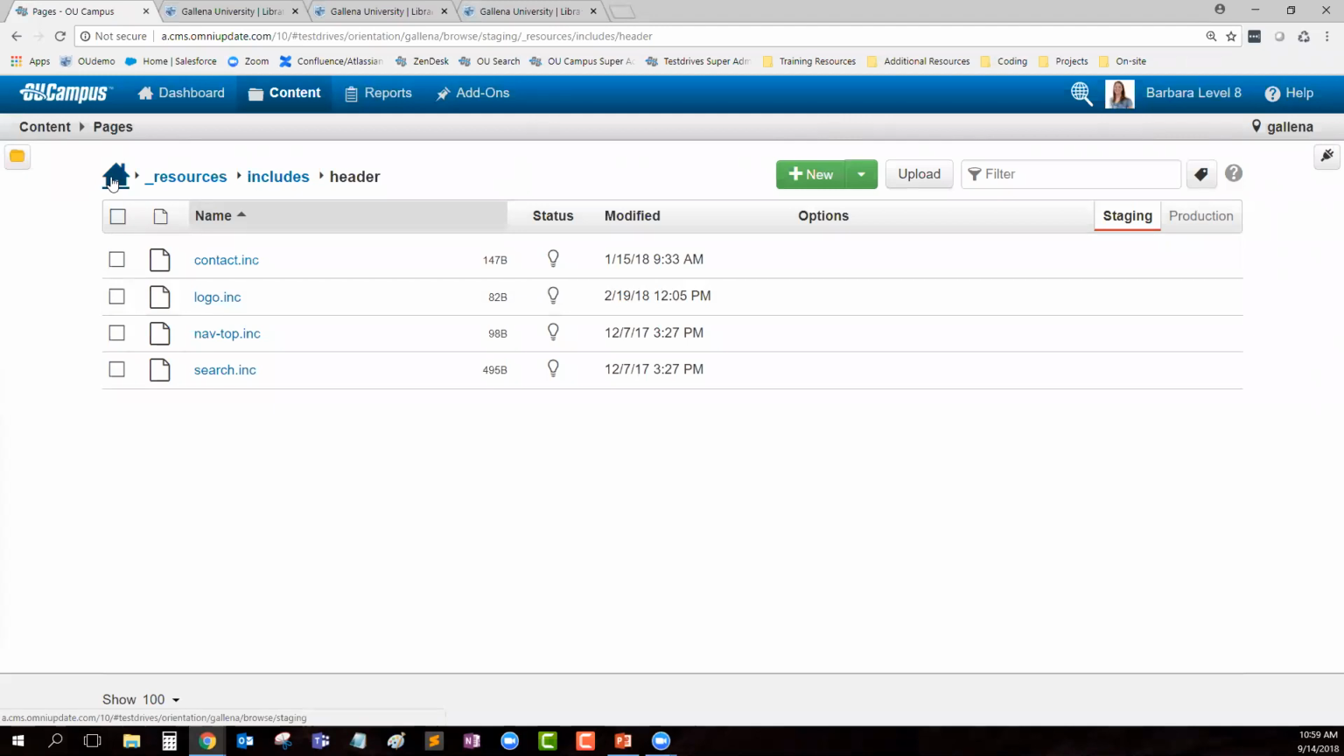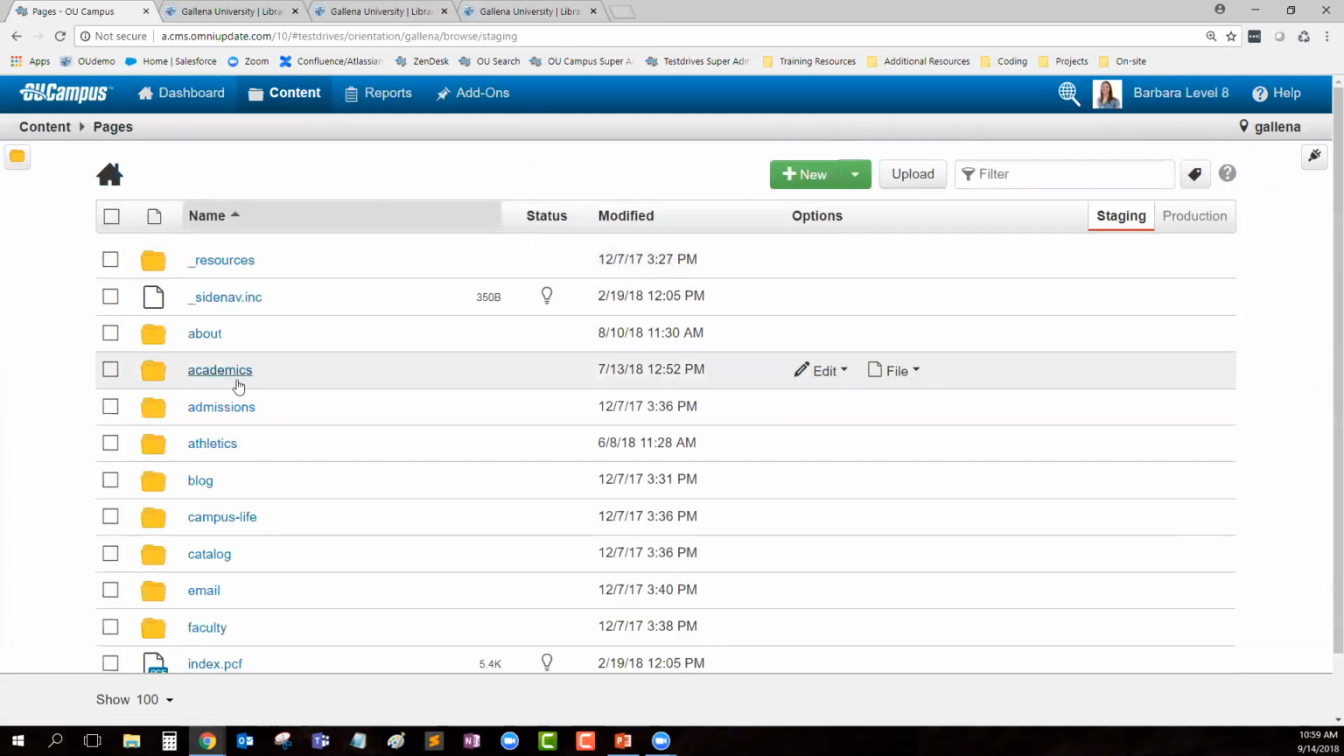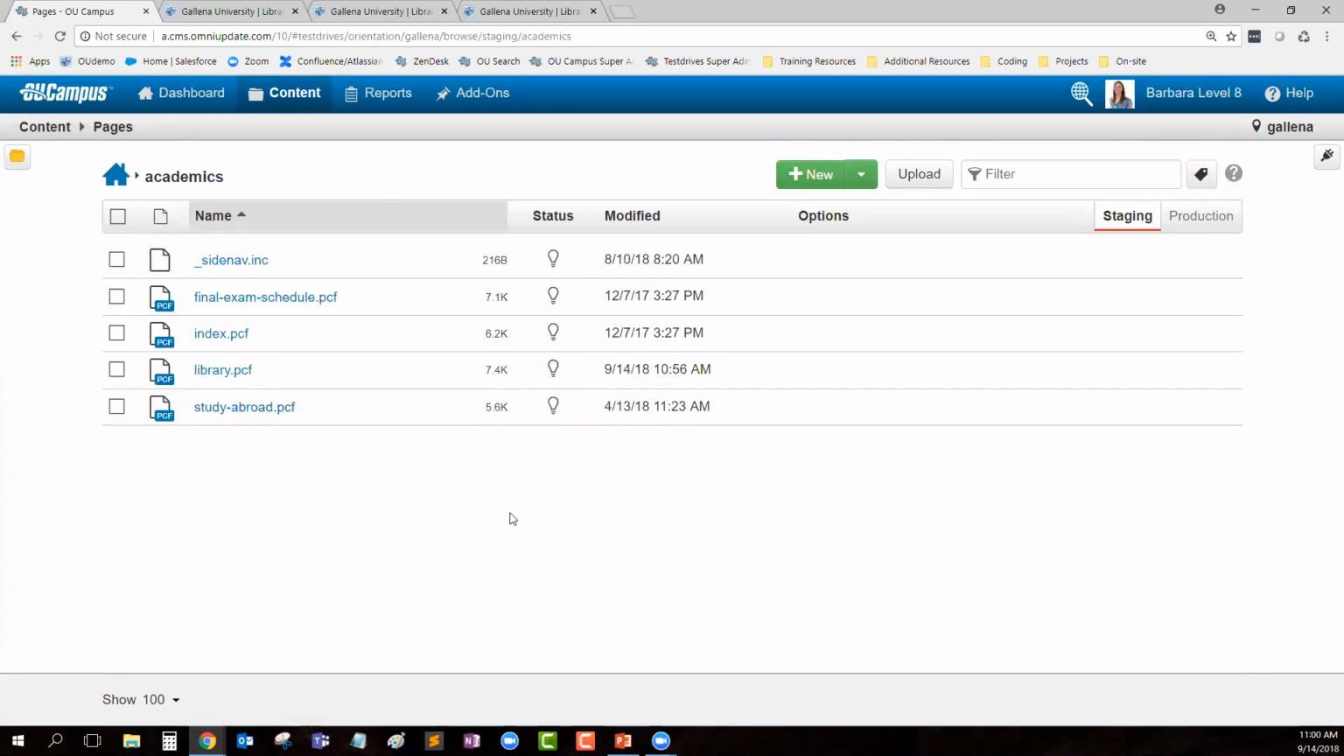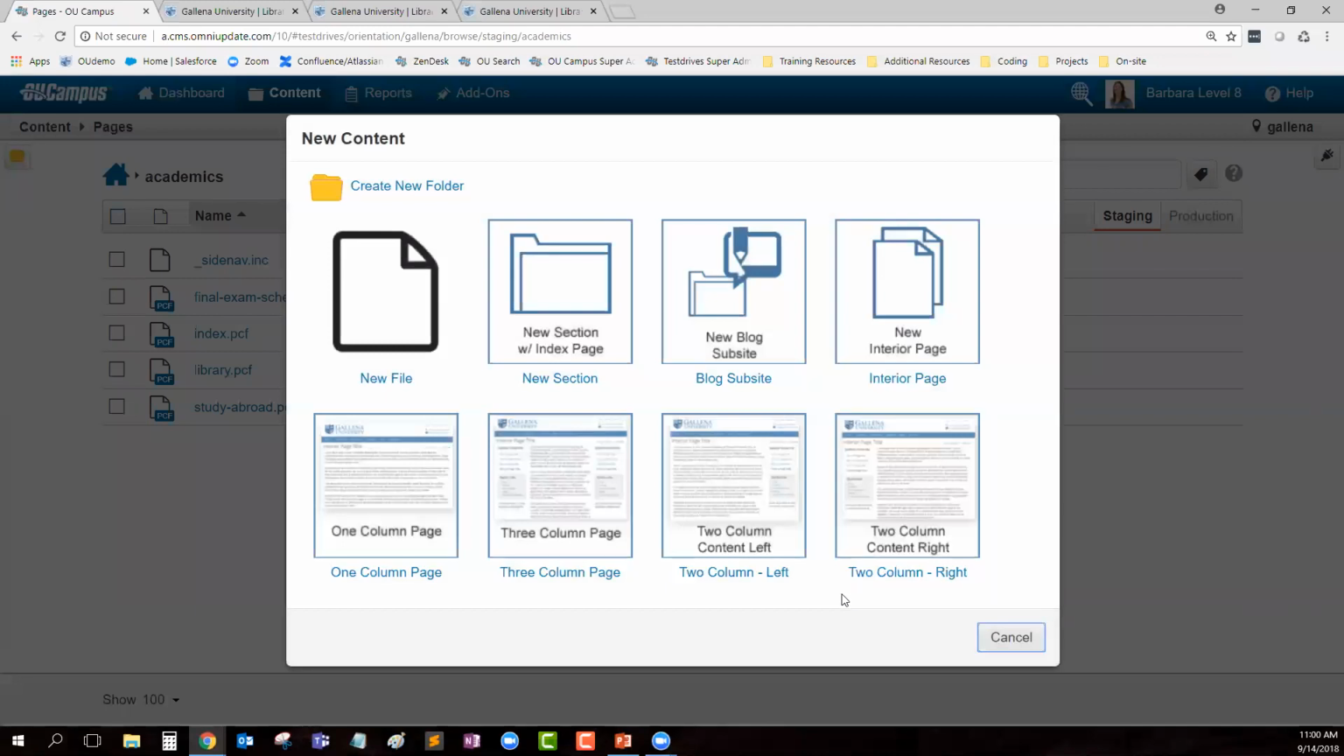Let's go back to the root of my site by clicking on the little house. And I'm going to go back inside that academics folder. So we talked about how you'd edit the library page, and that page already existed. But there may be times where you need to create something new. Up at the top, I have this little plus new button. By clicking on that, I'm going to see a listing of all of the individual templates that are available to